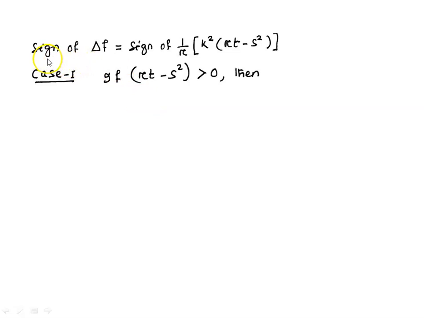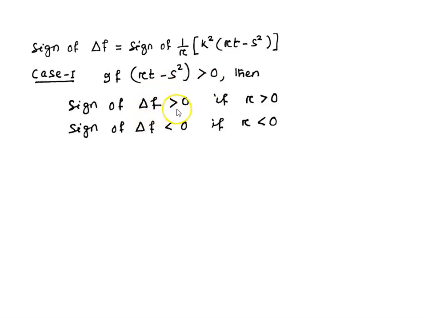So here we have with us sign of delta f is equal to sign of 1 divided by r, k square into rt minus s square. Now here three cases are there. If rt minus s square is greater than 0, or it is less than 0, or it is equal to 0. Now let us study one by one. The first case is if rt minus s square is positive, it is greater than 0. Then